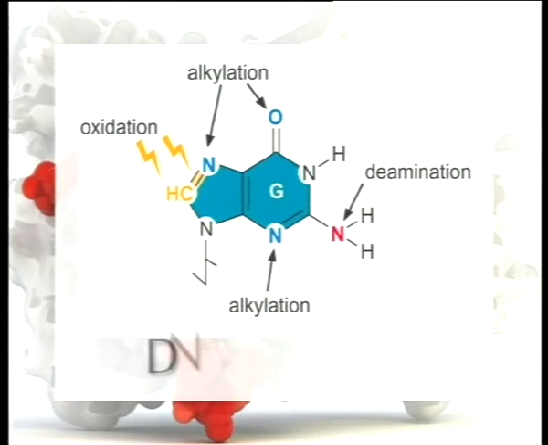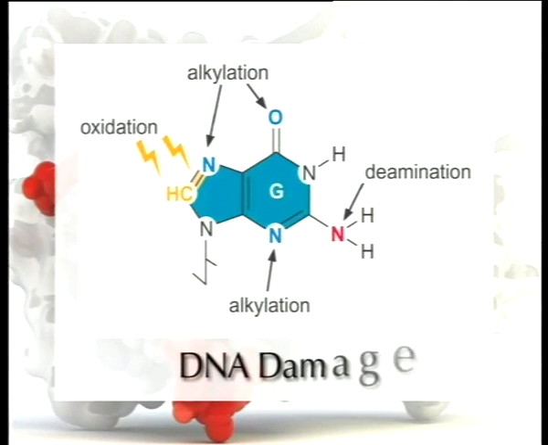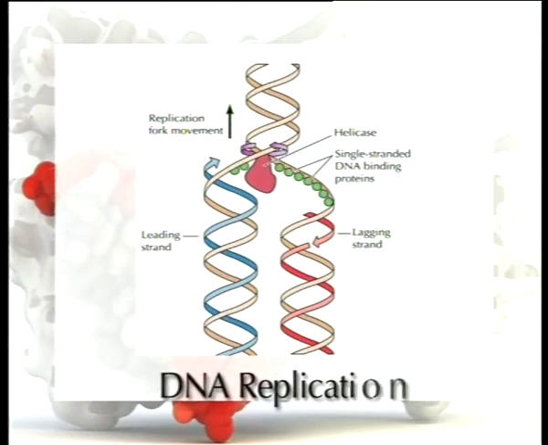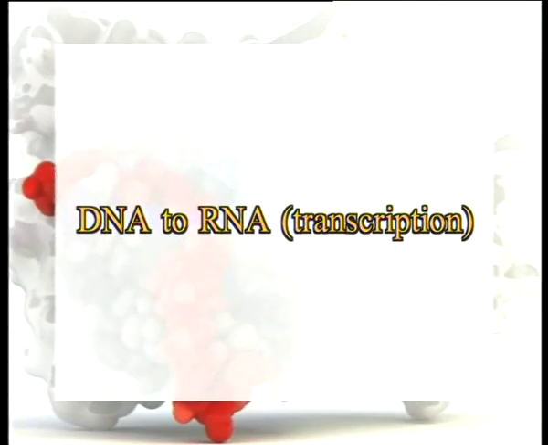When DNA is damaged, it can produce a large variety of DNA lesions. These lesions can affect the fidelity of DNA replication and transcription, which in turn can create mutations in important protein coding sequences. As a result, the mutated protein produced can affect various biological processes, leading to genome instability.